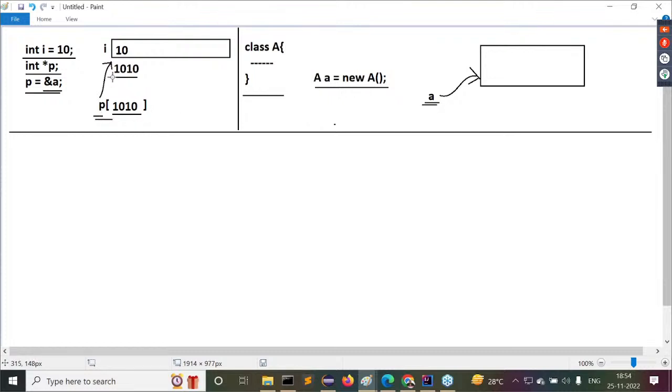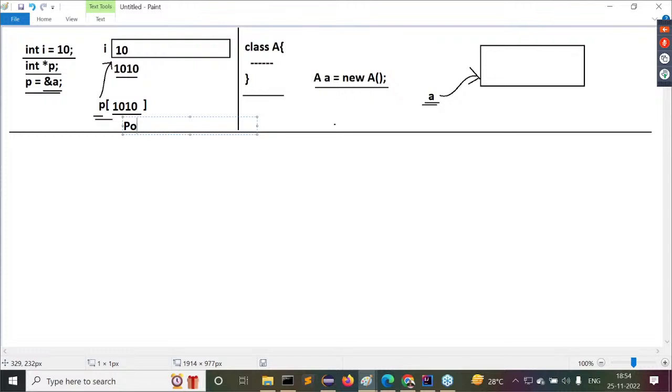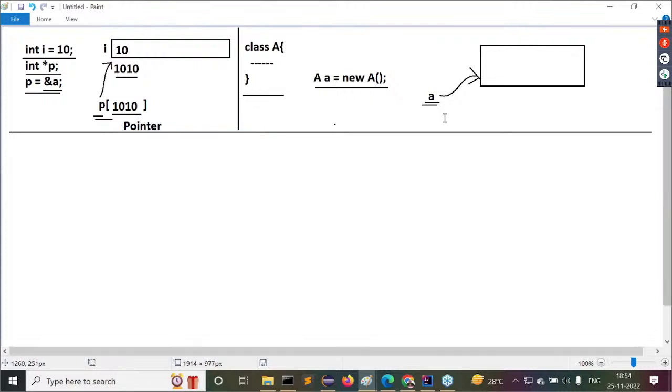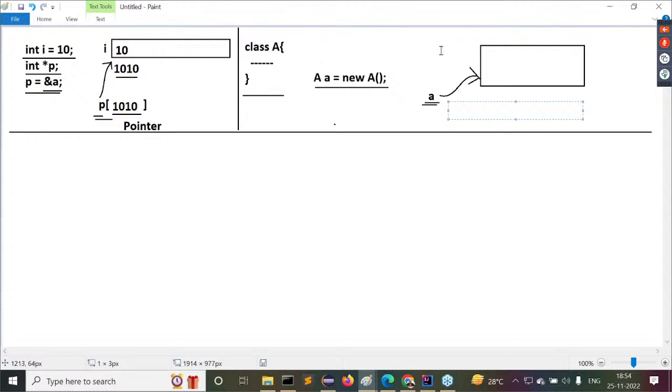In C and C++, a variable is referring to a block of memory. That's why this variable is a pointer variable. In Java also, when we create an object for a particular class, a block of memory will be created. This is object memory only. That block of memory is referred to by a variable. So why don't we call this variable a pointer variable? How can we say pointers are not available in Java? This question, the interviewer will ask you. Yes, sir. All of you getting my question or not? Hurry, say yes or no. Can I go for the answer?